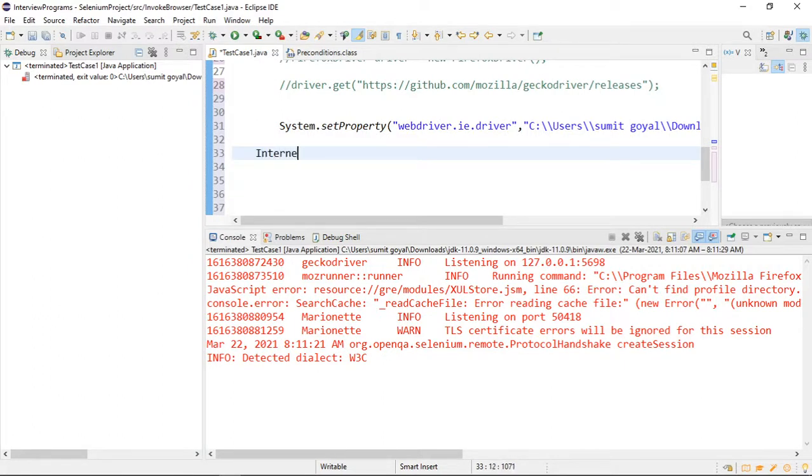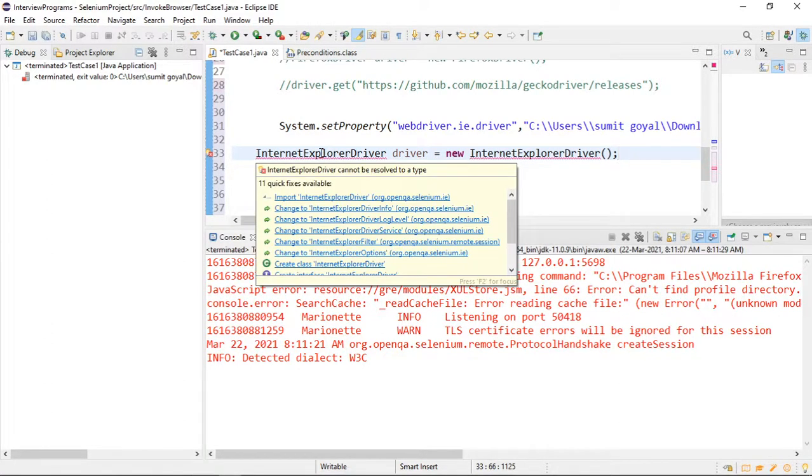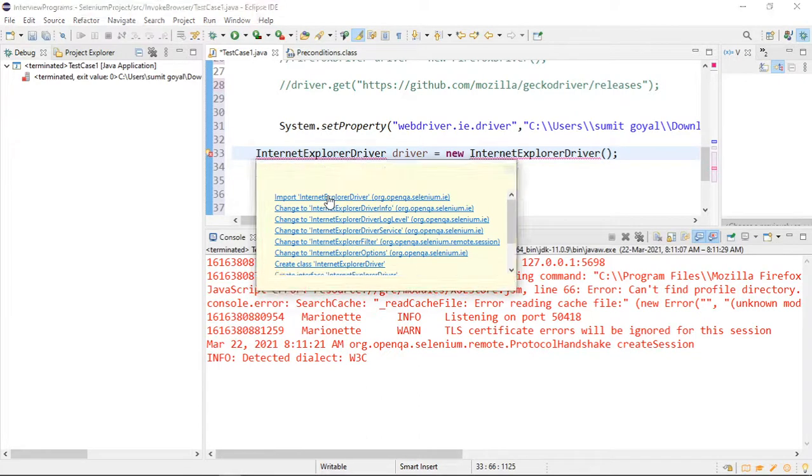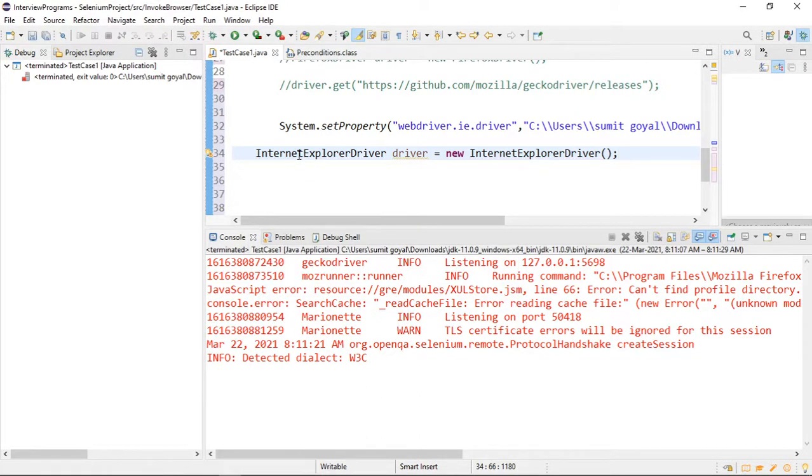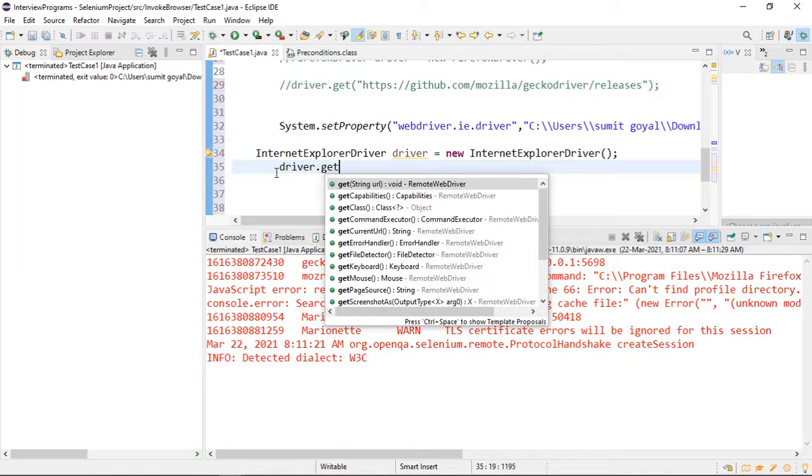object of Internet Explorer. Create the object of this class. Let us see whether we are getting. So import statement is coming. Again import it. So for Internet Explorer, we are going to use this class. This is a class. Set the property, create the object of the class, and if I want to open the same URL, the driver.get,